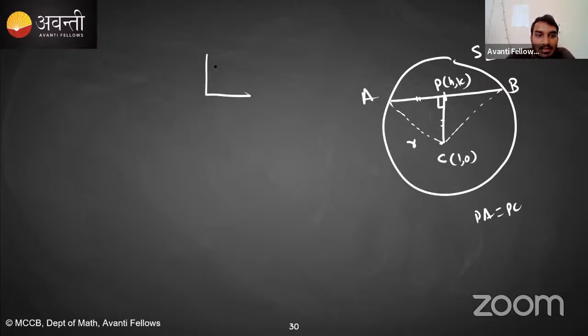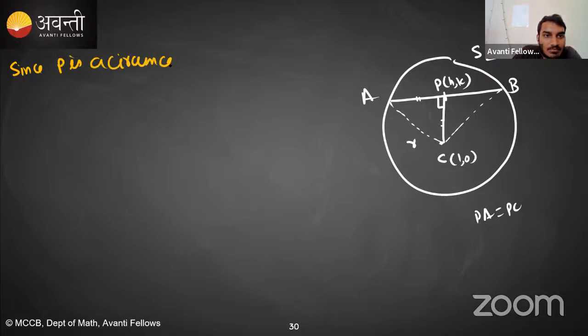बताया था ना मैंने, अगर P circumcenter है, let's say this is a triangle and this is a circumcenter, so this side and this side, they all are equal. ये बताया था ना मैंने. So it means you can say that since P is a circumcenter, PA is equal to PC, right? Angle 90 degree at these two sides are equal, so this angle is 45 degree, isosceles triangle, right? Yes or no? Okay, so in triangle PAC,